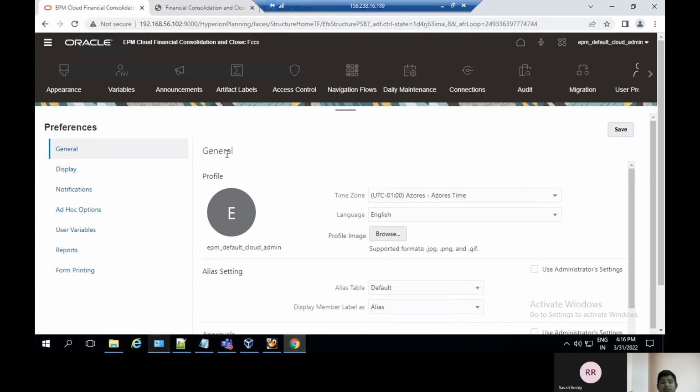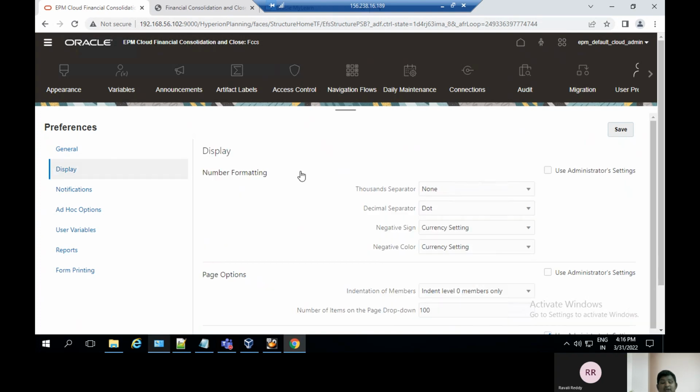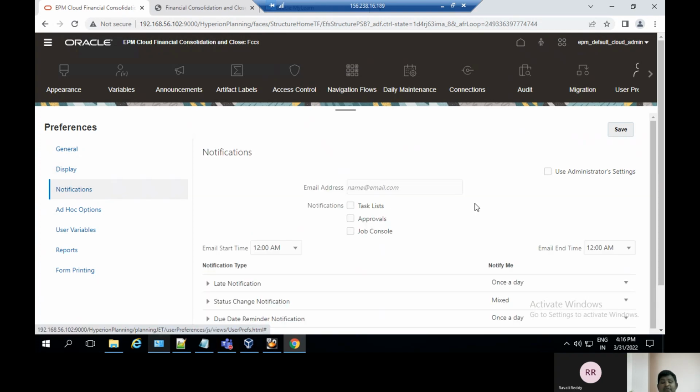Here are general, display, notifications, application options, user variables, and reports and form printing. In general, you can change the profile, time zone, and language, and here profile changes, alias table, and number, member label to display the alias, and how to display the number, display the application options. And here in notifications, you give the notification name, enter the email ID, and click the notification. It will appear in the task list, approvals, and job consoles, and